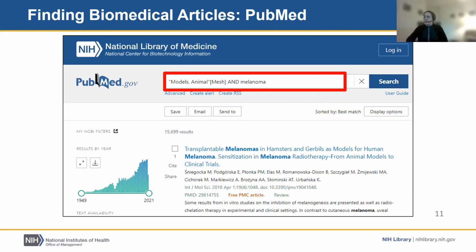Automatic term mapping can locate various synonyms, MeSH terms, and singular or plural versions of the search term in order to expand the search. You can go under the Advanced Search Builder on PubMed to view the History and Search Details table, and choose to expand the Details column to view how your search term was expanded using automatic term mapping.